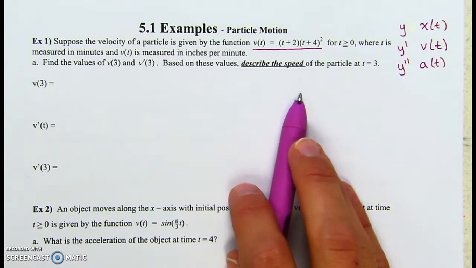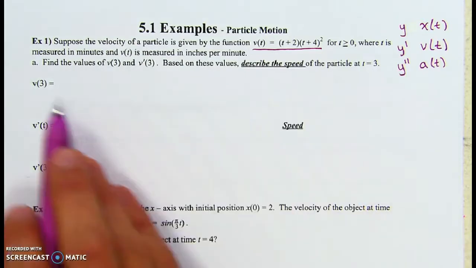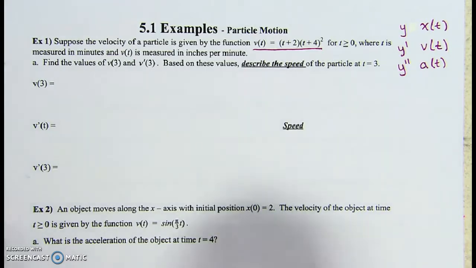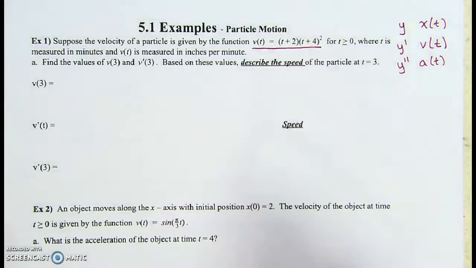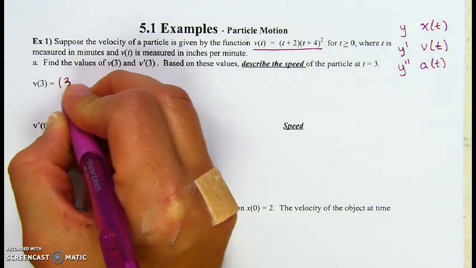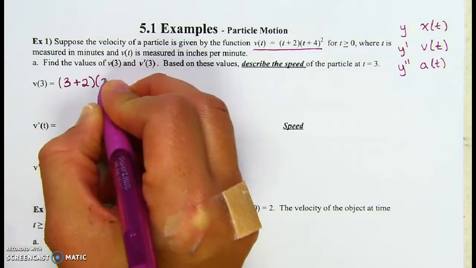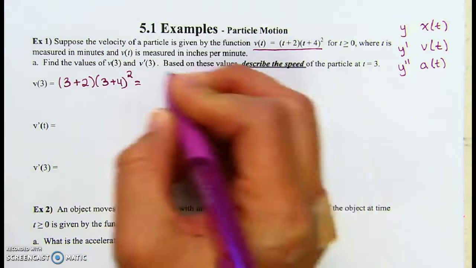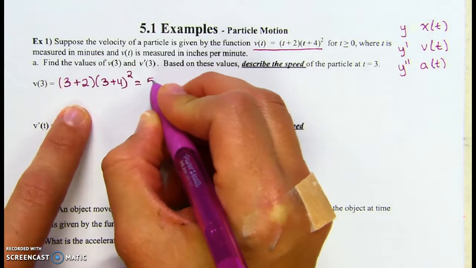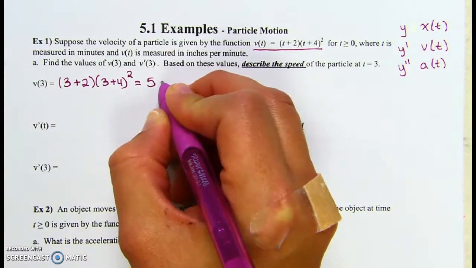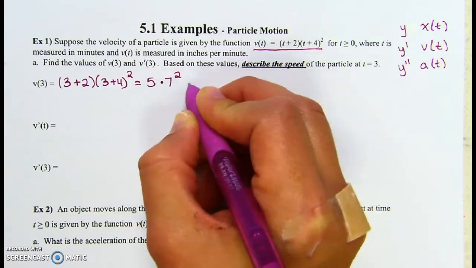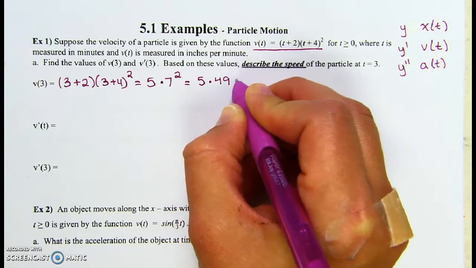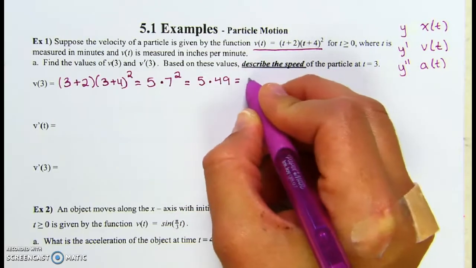So we're going to need to know what speed is from our notes yesterday. Ready? V of 3. How do we find v of 3? Plug in 3 into the velocity function, yes? Here we go. Just make sure you add correctly. What's 3 plus 2? 5, and 3 plus 4, 7. Are we going to multiply or do the exponent first? Exponent. So it's going to be 5 times 49, which is